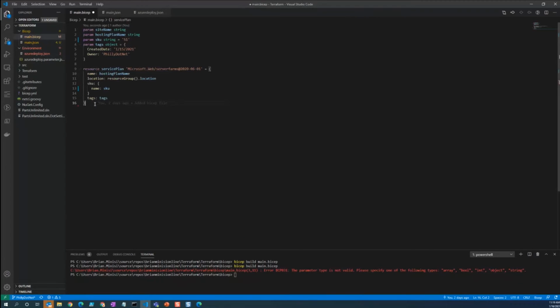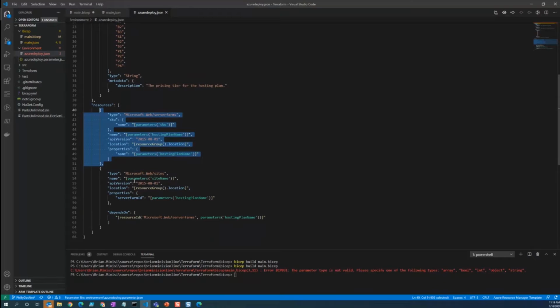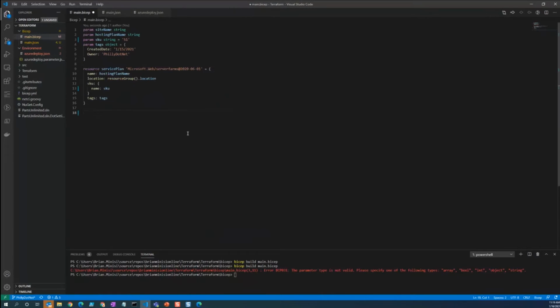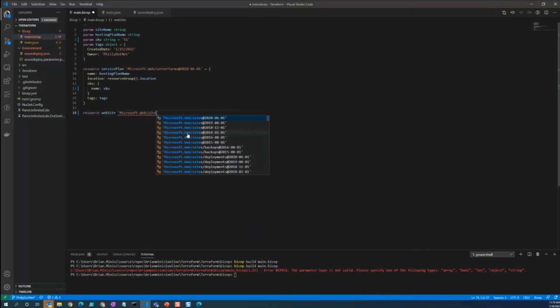All right, so the next thing we want to do is create our app service itself. So it's the same type of approach. We want to have resource, the name of it in case we need to reference it later on, and the type. In this case, it's sites.